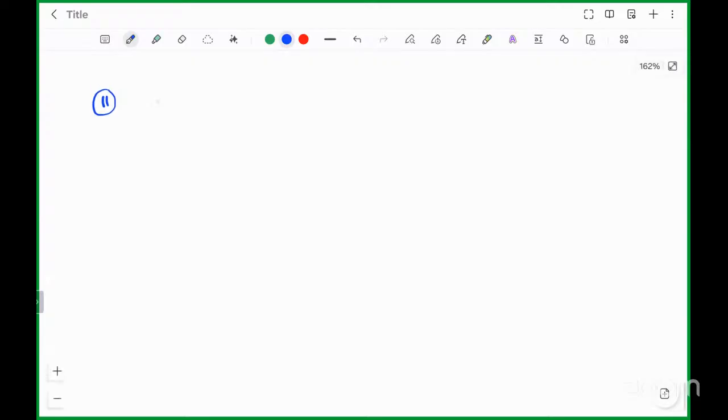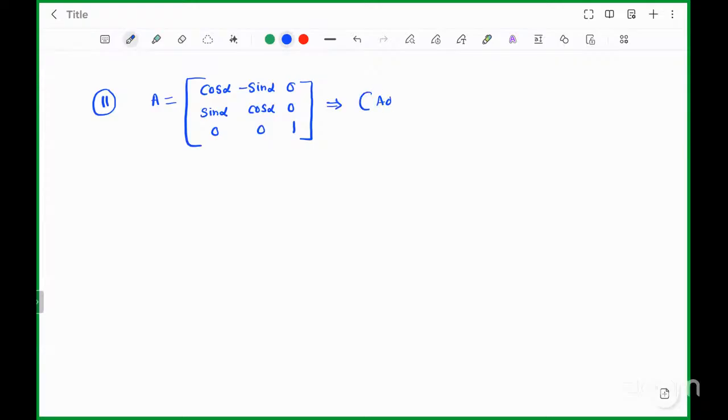A is equal to cos alpha, minus sin alpha, 0, sin alpha, cos alpha, 0, 0, 0, 1. That implies adj A whole inverse is equal to